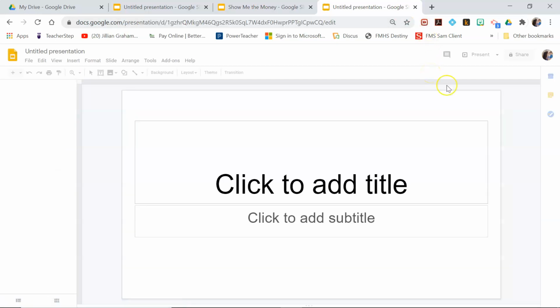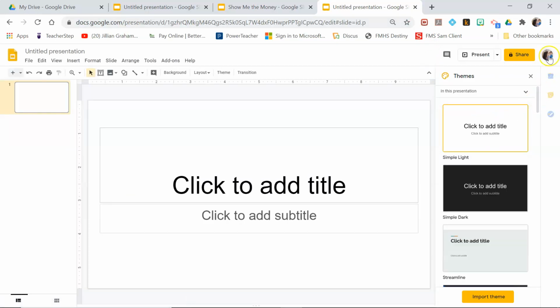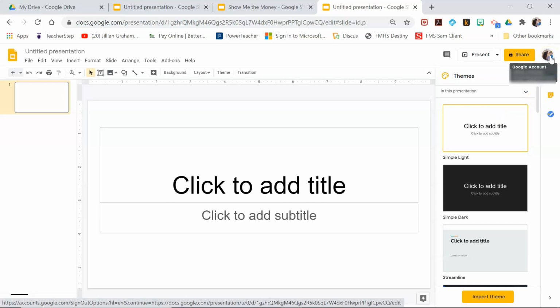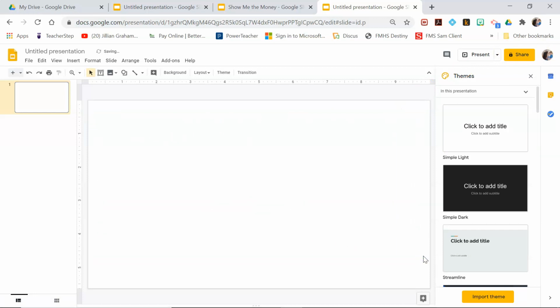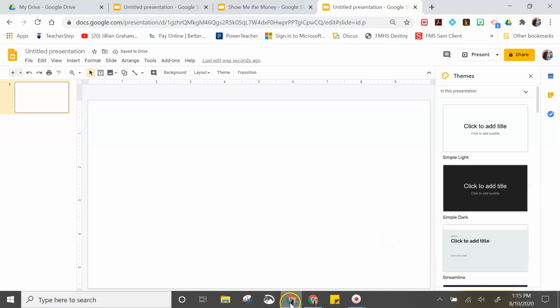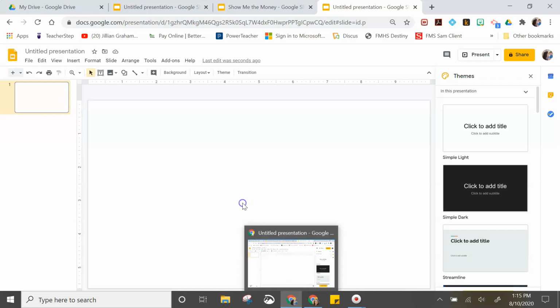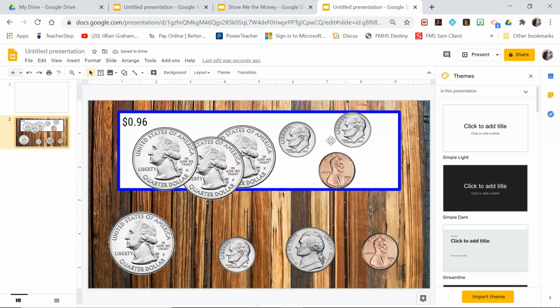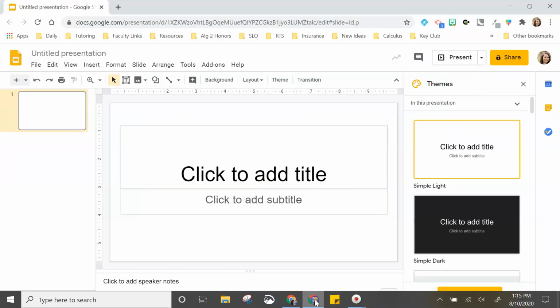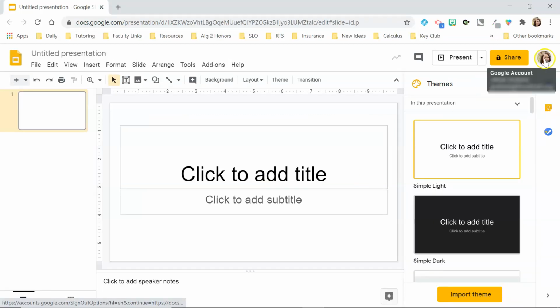Now, I manage my Chrome profiles. So notice how when I opened a new slide, it opened in my personal account. This entire Chrome profile is actually my personal account. You can see down here, this Chrome browser is just my personal account. So if I paste into the personal account, I'm not going to link it to hers, but there you go, no problems. Now, if I go and paste this into my work account,